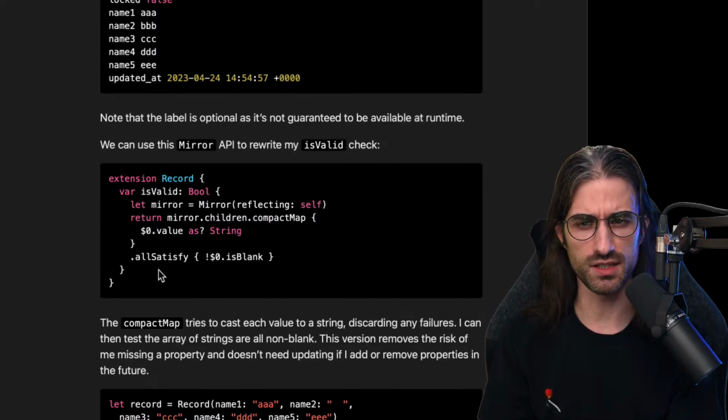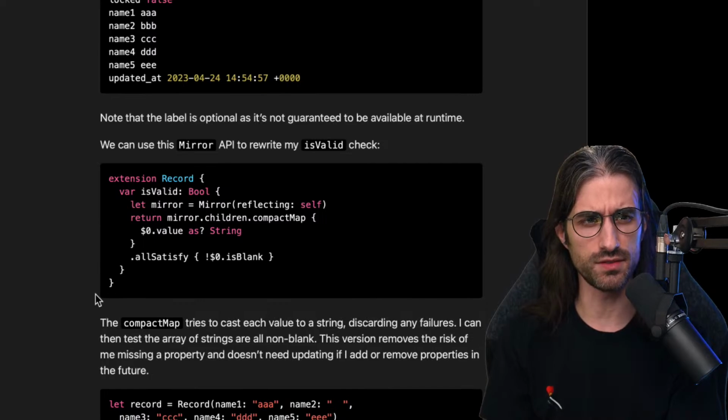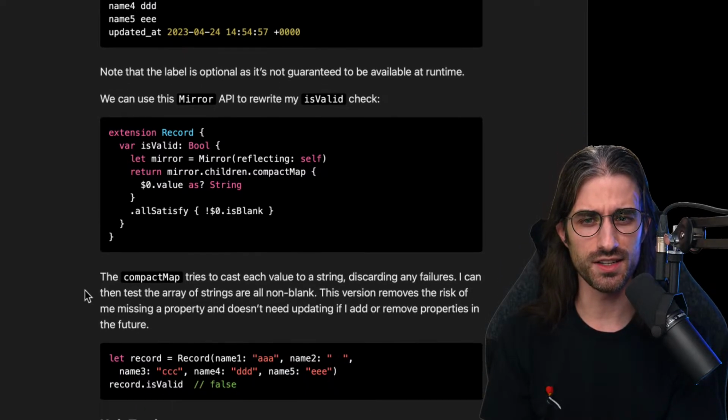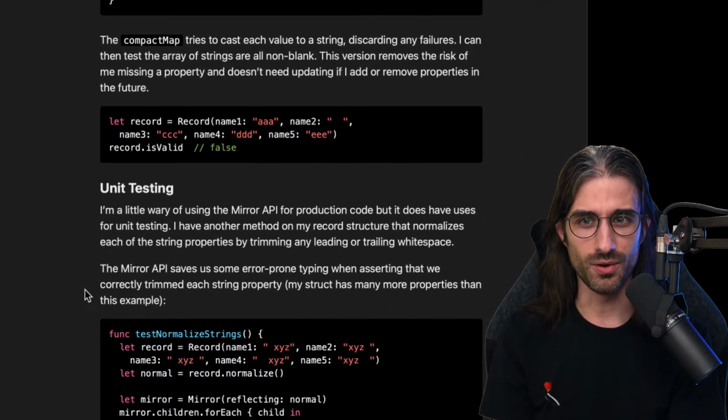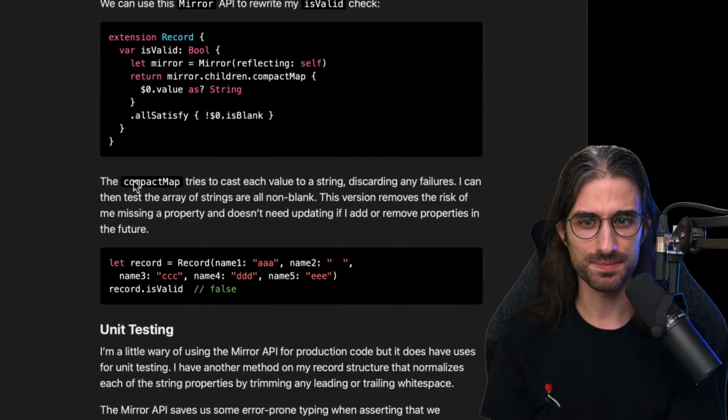In logic, it's the for-all quantifier, like if you had written a property quantified with for all, the A that is upside down. I'm not sure how you say it in English actually. So the compactMap tries to cast each value to a String, discarding any failure.